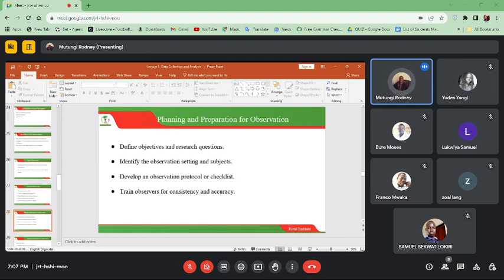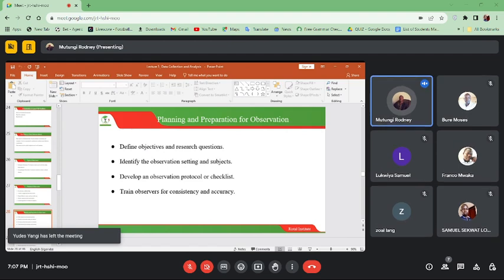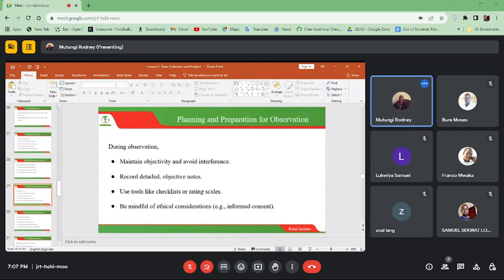You're not going to observe everything. There are some things that you want to really focus on according to the objectives of the research, and that is what you need to use to develop this checklist. Then sometimes you might not do this alone, so you need to train observers so that they can always be accurate in this observation. Okay, so when you have done all the training and you're set,